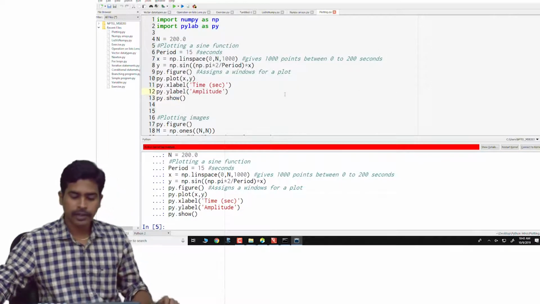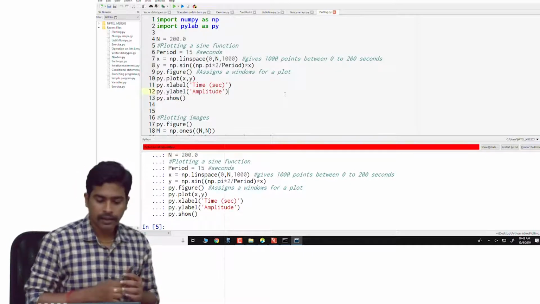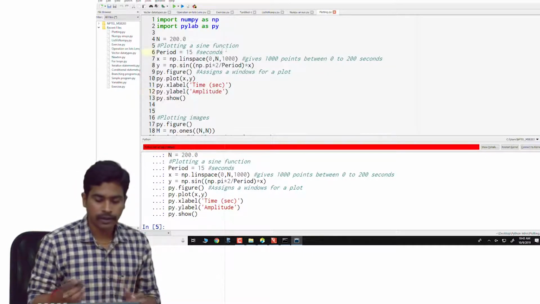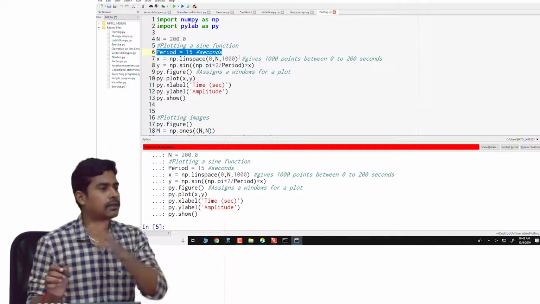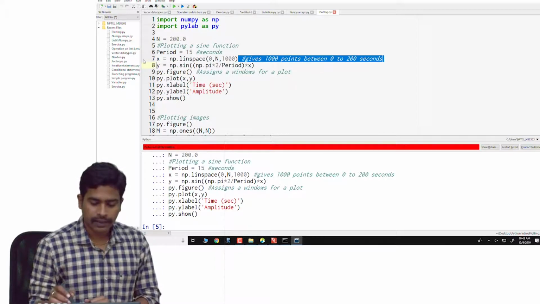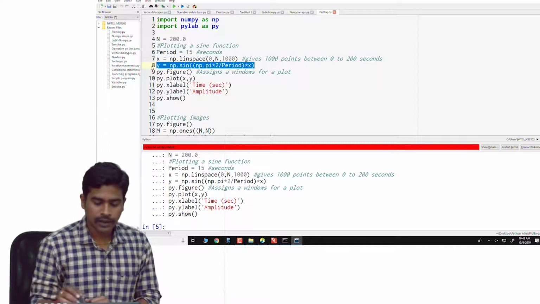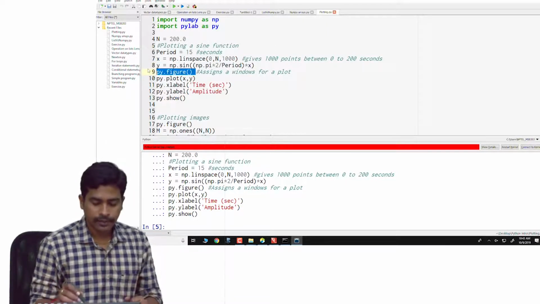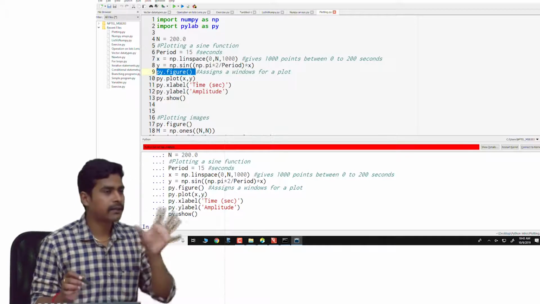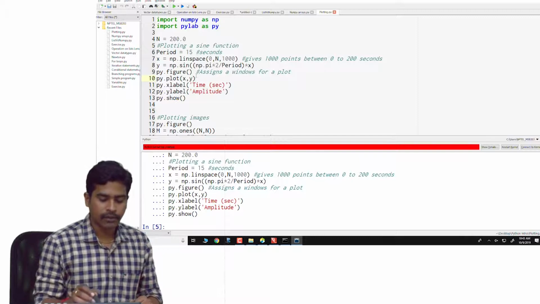Okay. So in this program I have plotted a sinusoid function. In order to plot the sinusoid, I took 15 periods to plot, and I have taken 1000 points along the x-axis, and the value of the sinusoid is calculated by this function, y equals sine of so and so. This figure command gives a figure canvas to plot, and this command, as I have said before, will be used to plot the data.